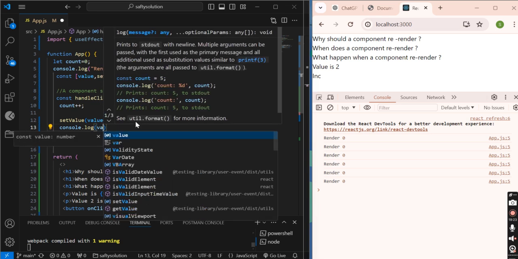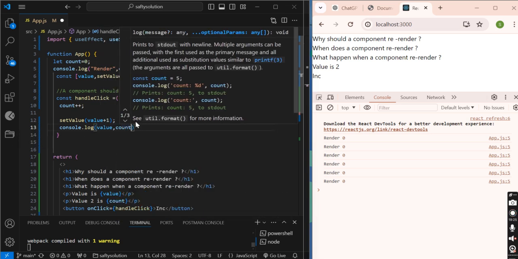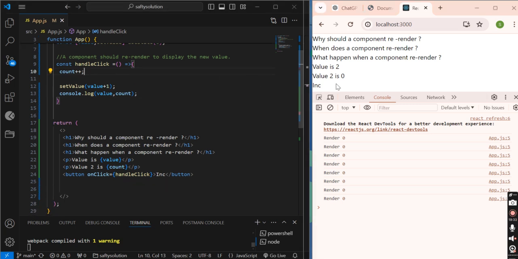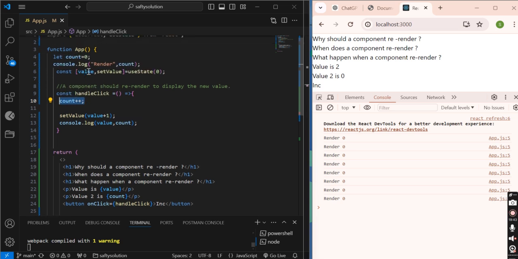Console.log, first we will print value, then we will print count. Now see, now I click on the increase button, this method will be called. Here what will happen, it will increase that count by 1. Now can we increase the value by value plus 1?